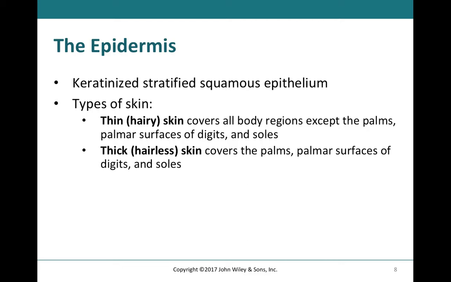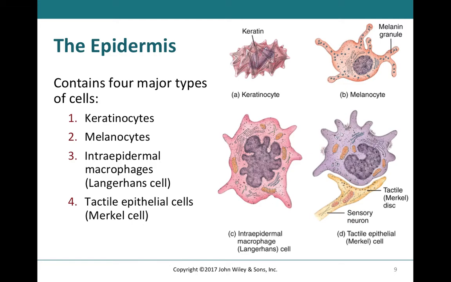And so these keratinized, stratified, squamous epithelium is going to have four main types of cells. We'll go into those cell types on the next slide, but also know that you can have two different types of skin, either thin skin or thick skin. Thin skin is going to contain hair, whereas thick skin won't contain hair. The thin skin is going to be primarily most of your body, except for your palms, the digits, and the soles. So those four main types of cells: